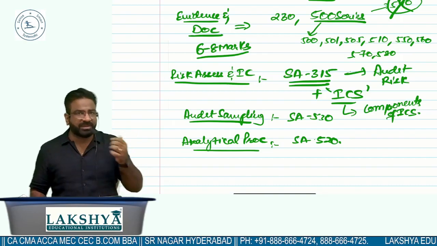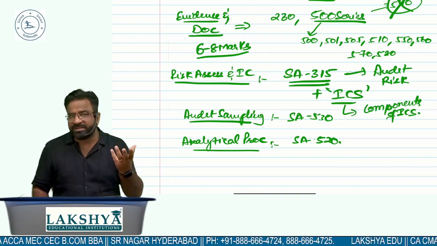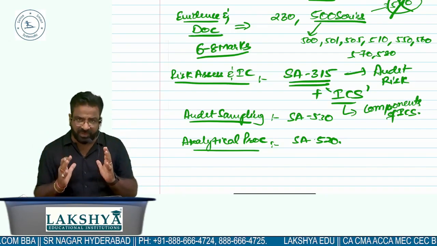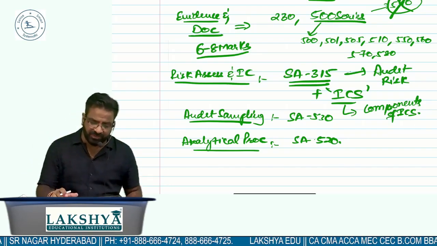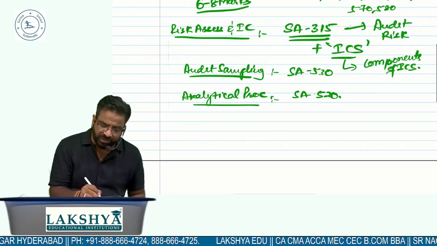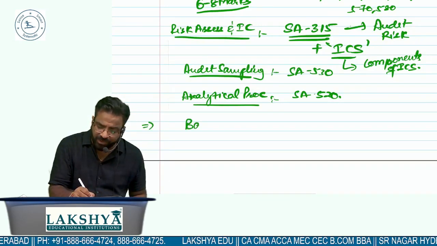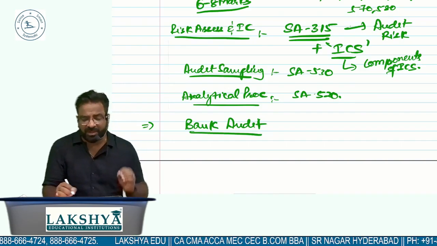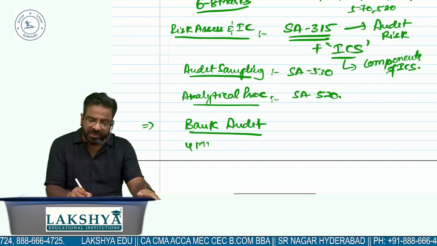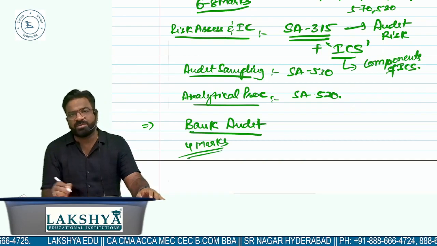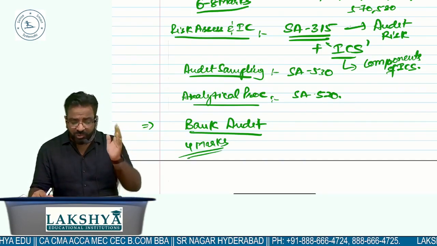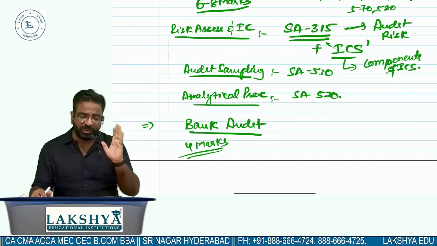Sir, what about the other series? As you all know, the 400 series is not there in your portion. Once you have covered these many standards, you should concentrate on the chapter called bank audit. Let me tell you one thing, from bank audit a minimum 4 mark question has to come. Reason being very simple: in the last 2-3 attempts we have seen that a drawing power calculation question is coming in the examination. So you should make sure that bank audit is on your fingertips.